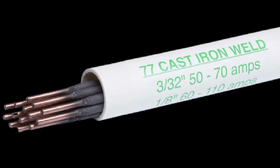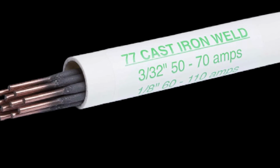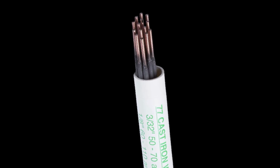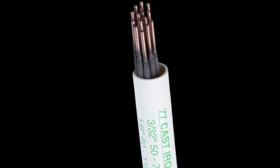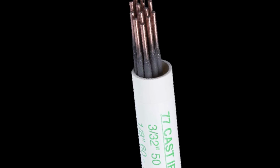What makes it best suited for heavy equipment is its resistance to overheating. Dealing with heavy metals means dealing with high temperatures, and a lot of rods cannot withstand the high intensity of heat, and they melt. The cast iron welding rod has a high efficiency weld metal that ensures that the electrode